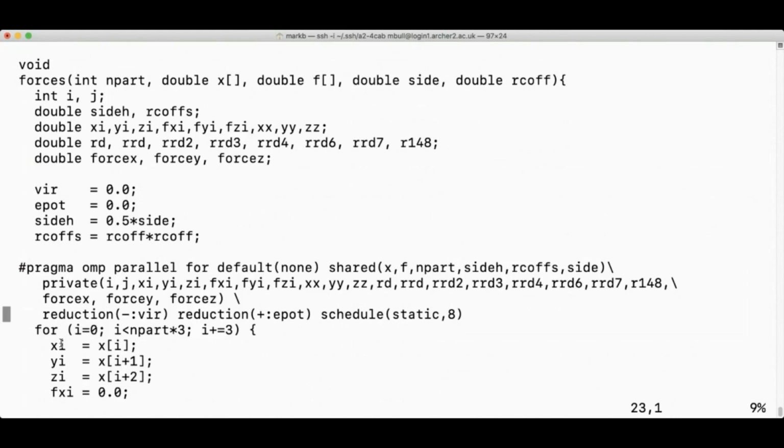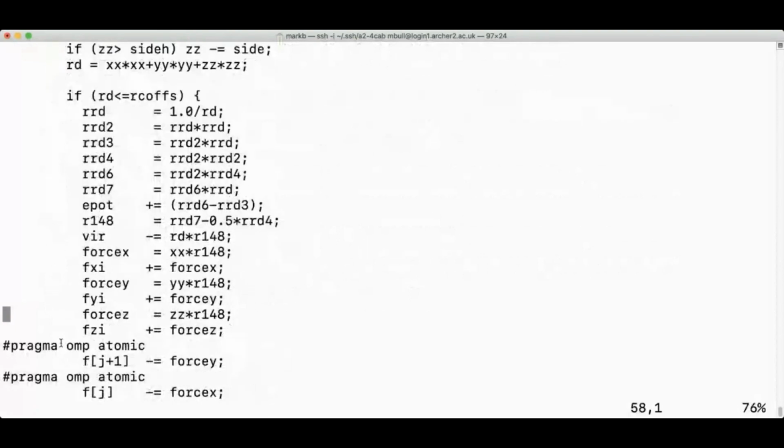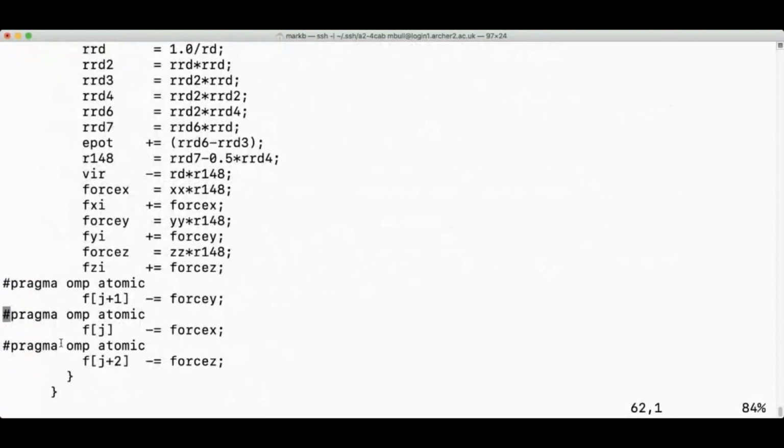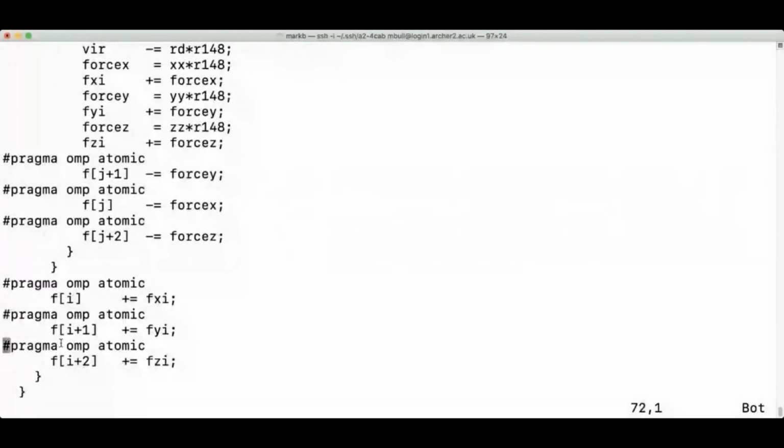I picked 8 here, but anything reasonably small probably works fine. And then replacing the critical sections with atomic updates at the bottom here. This is one of these cases where atomic is much better than critical, because it allows different threads to update different elements of this F array in parallel.